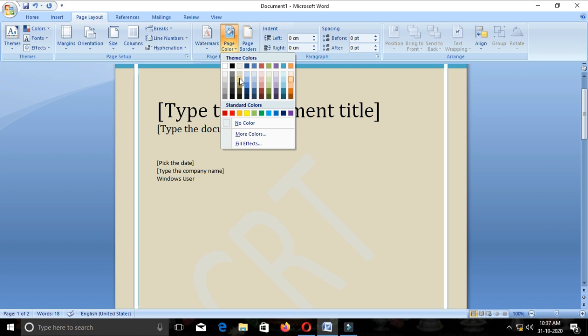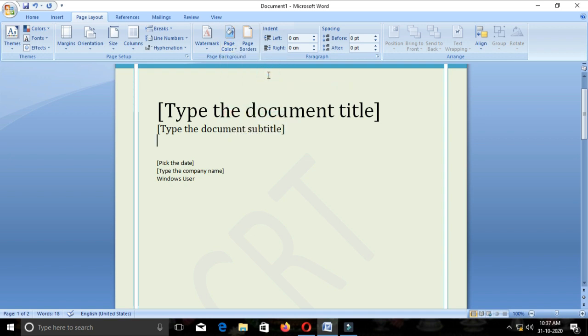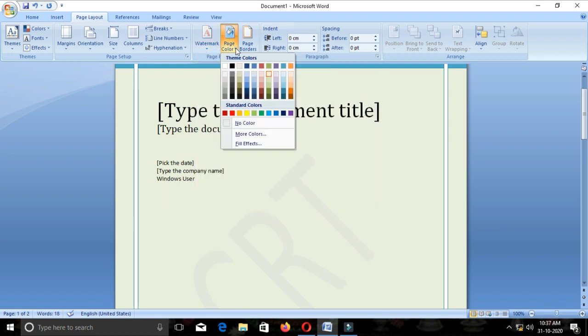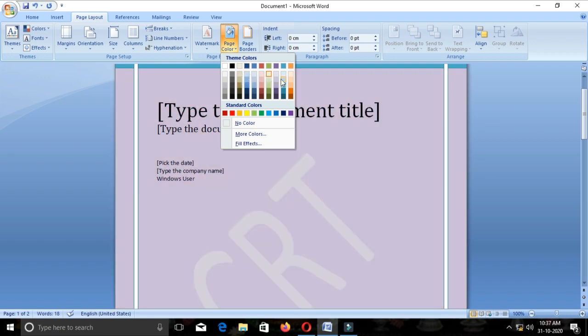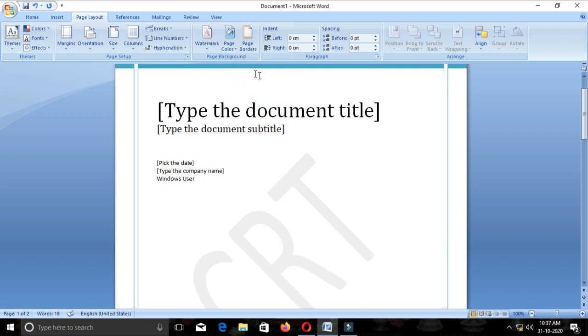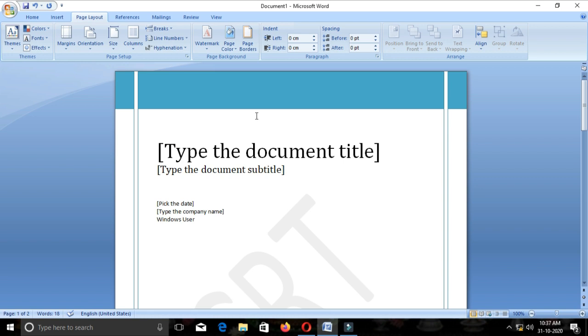You can change to any color of the document. It does not look good. If you do not require any color, just leave it as it is, white.